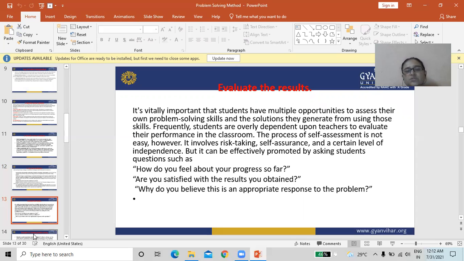Frequently, students are overly dependent upon the teacher to evaluate their performance in the classroom.